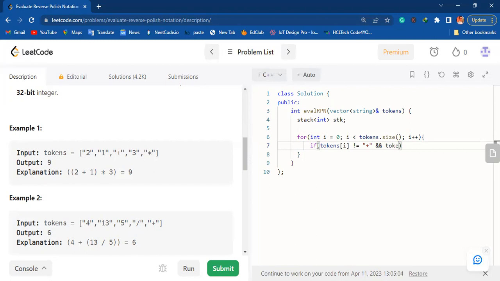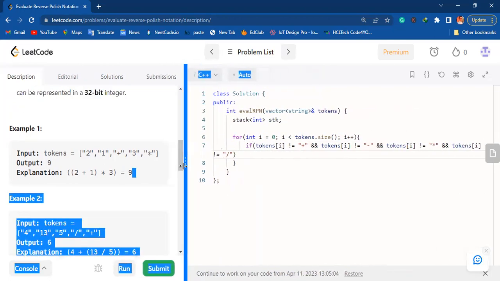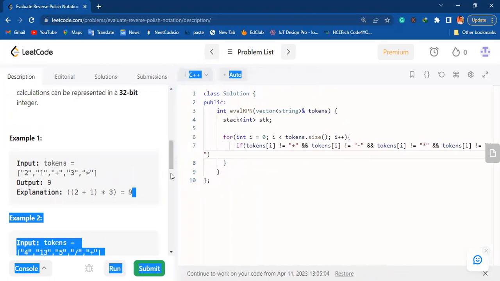and also tokens at index i not minus, and tokens at index i not multiplication, and tokens at index i not division, then what we will need to do, we will perform